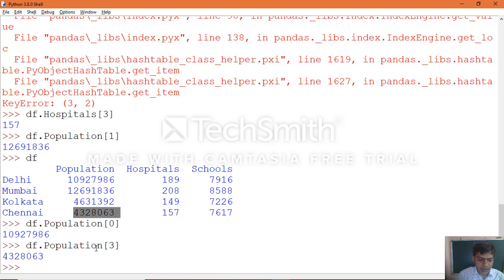In the same manner, another way to access values is the at and iat attributes. There are two different attributes you can use to access the information. With df.at, that is the data frame object's at, you specify the format as row label comma column label. For example, Chennai as the row label, comma, column label hospitals.